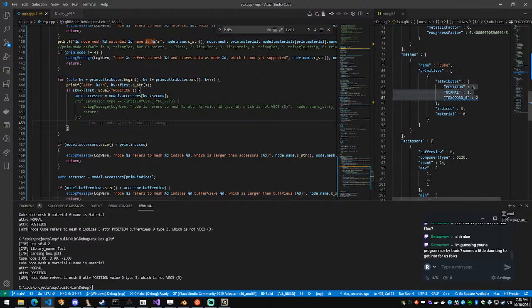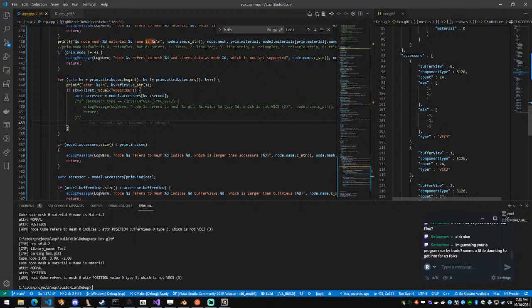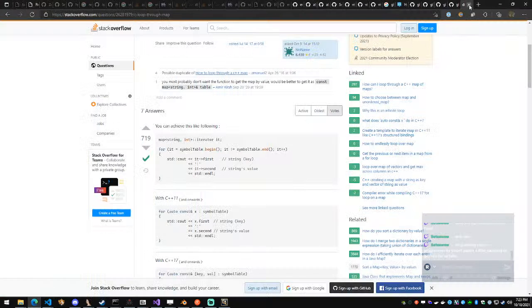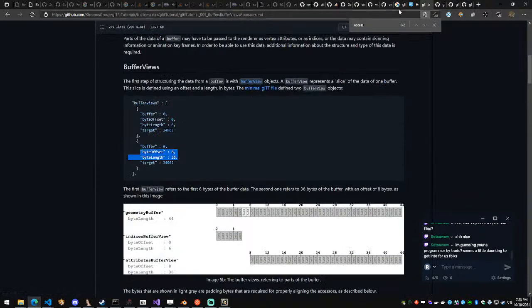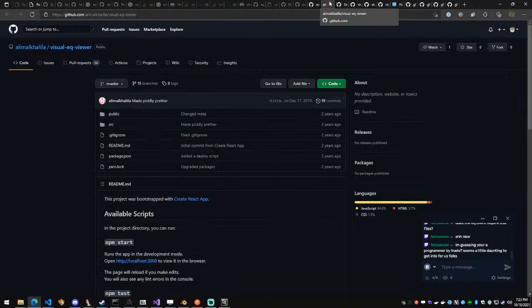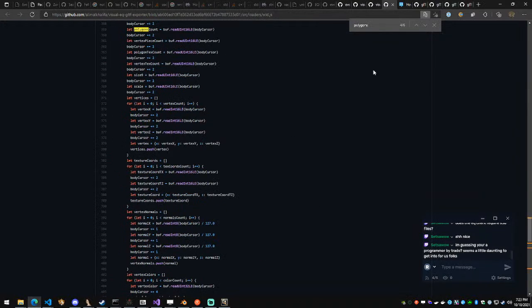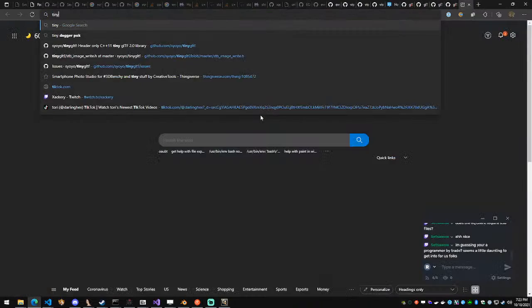Okay, so we now have access to the buffer view, which is going to be 0. What do we do with this? And is this normal to have to do all this effort to load something? I'm actually curious now. If I go back to tiny GLTF, if it has a